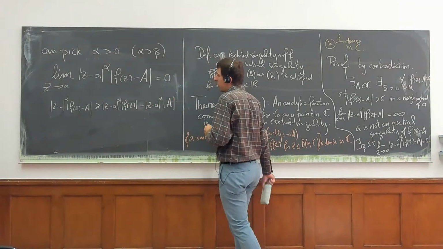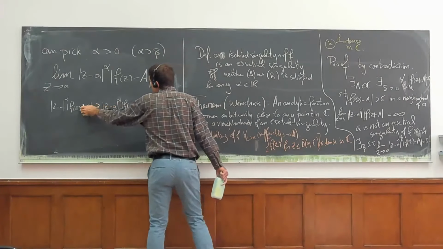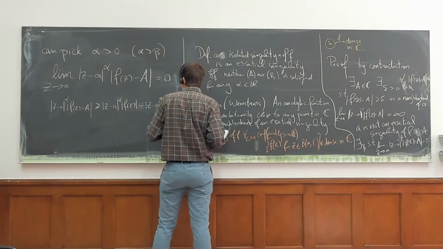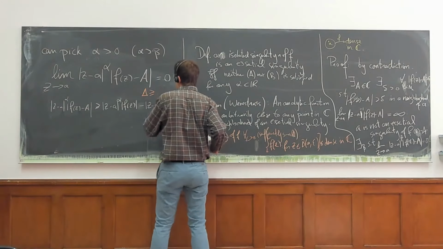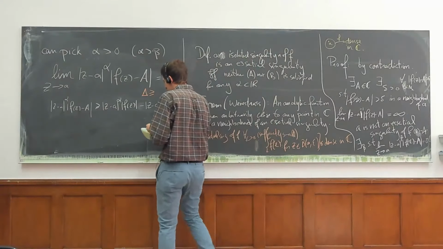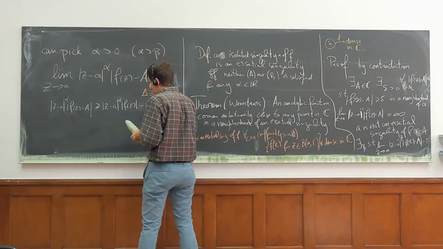Right, this is just the triangle inequality, right? This plus this needs to be bigger than or equal to this, right? So this is, I often write it like this, the triangle inequality. And so in particular, the limit, right? And the limit